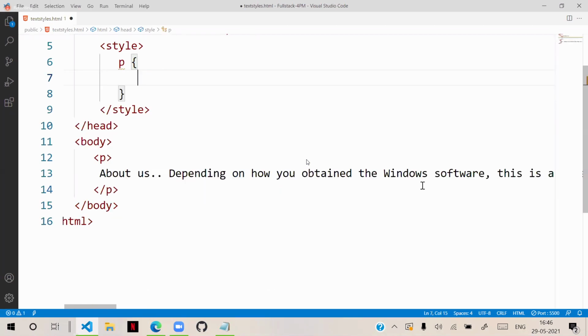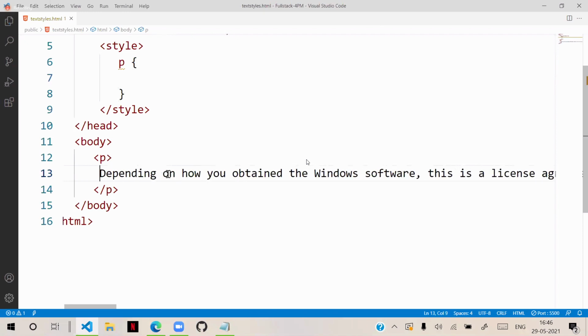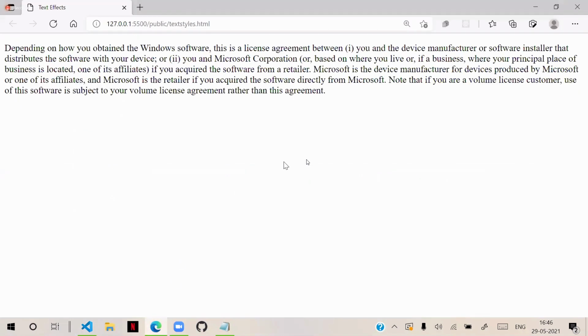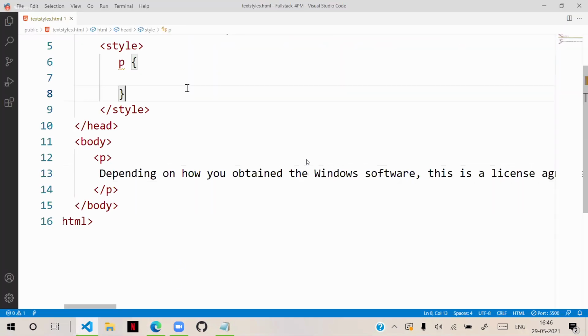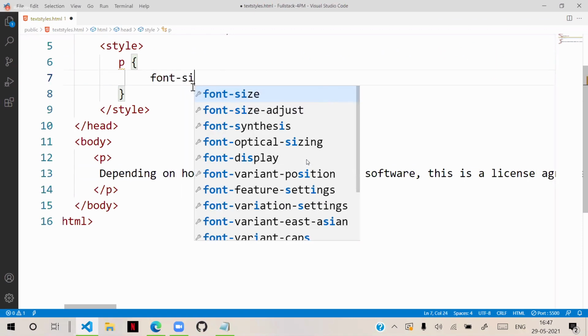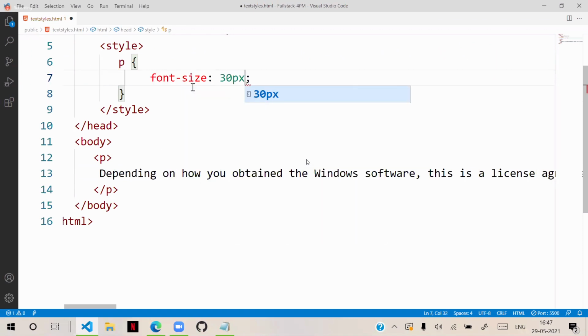Another important one is word breaking. Generally, sometimes what happens is justify alignment is okay, good. But with justify alignment, suppose I increase the font size. So we are increasing the font size to some 30 pixels.